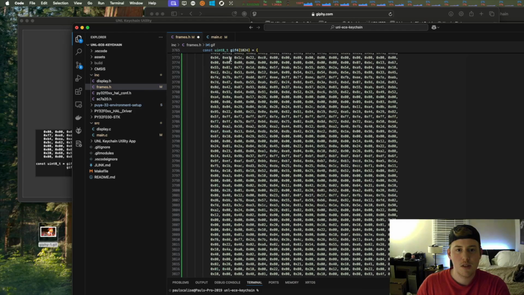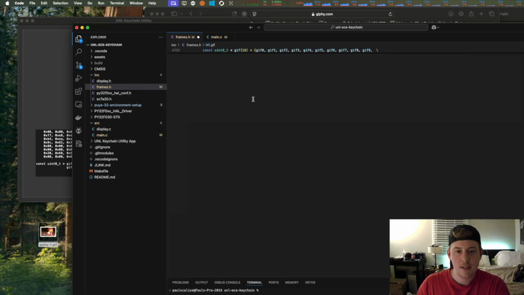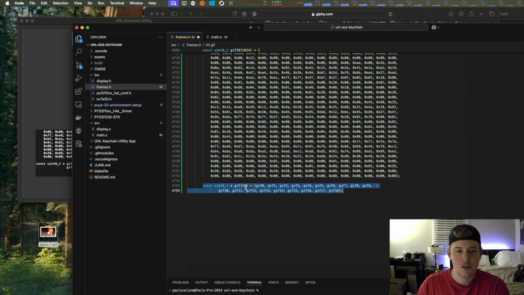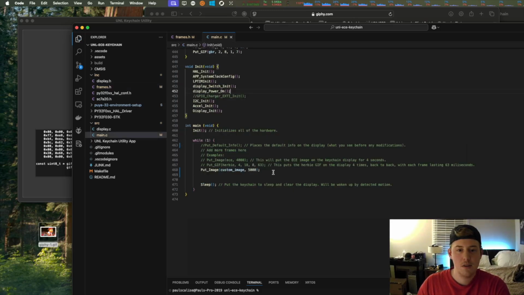And it will be named, the reference that we need is down here in this array, which is just called GIF, and has 19 total frames. So we'll save, go back to our main code,